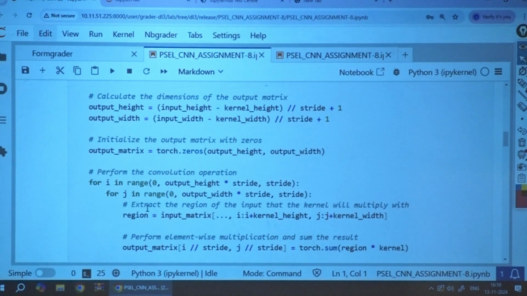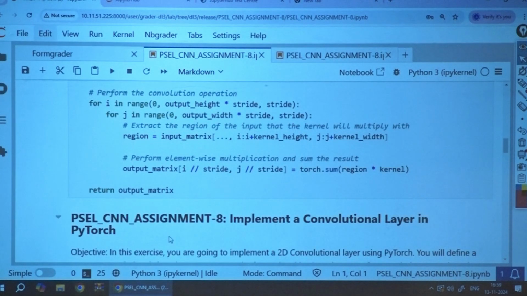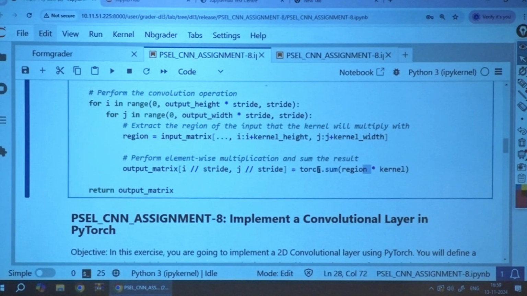First of all, we need to get the convolving region of the input matrix. Then by performing element wise multiplication and summing those elements, torch dot sum of region multiplied with kernel, you will get the output matrix, which will be returned.